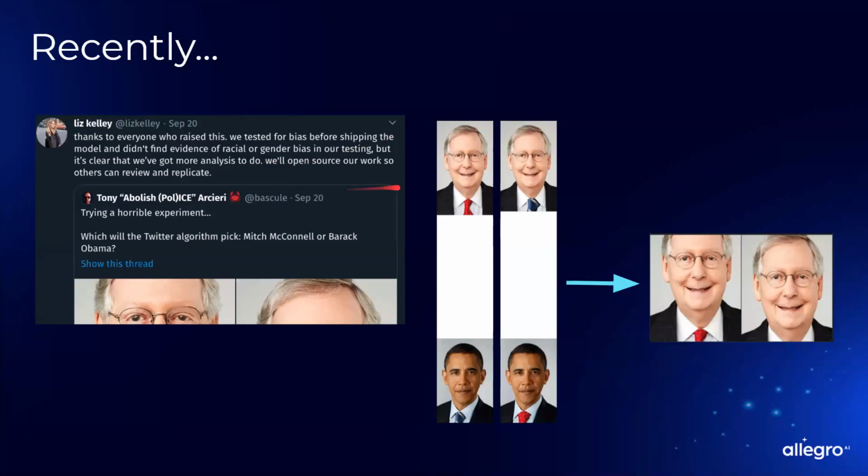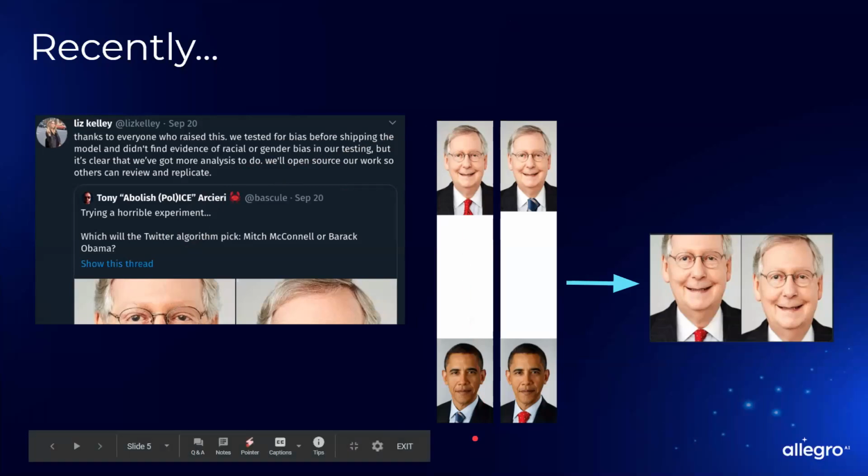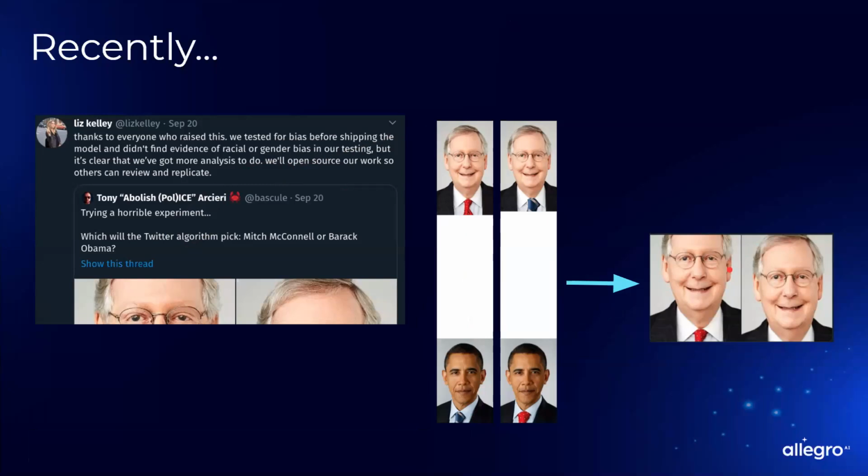But some users found that there's an edge case. If you have a Caucasian on top and an African American on the bottom, only the Caucasian will be chosen. This is obviously an edge case, but then people went around and found many other edge cases, which brought out this apology that we tested for bias, we didn't find any evidence, but it's clear that we have some more analysis to do.